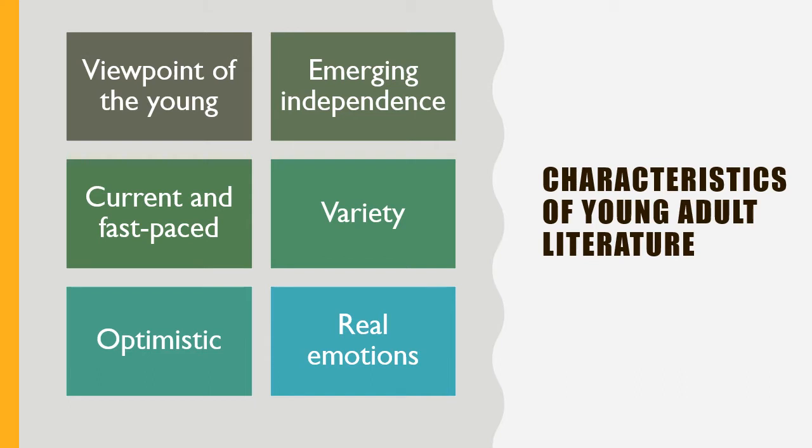Now there's a big variety of young adult novels out there. Subjects can be about growing up, love, relationships, problem solving, and the genres are as varied as fiction, nonfiction, poetry, biography, and even graphic novel. Young adult novels also have different perspectives. Think of cultural, ethnic, economic, and fantasy. And yes, they're quite often optimistic. Sometimes they hold back till the very end, but more often than not, they are in fact optimistic.